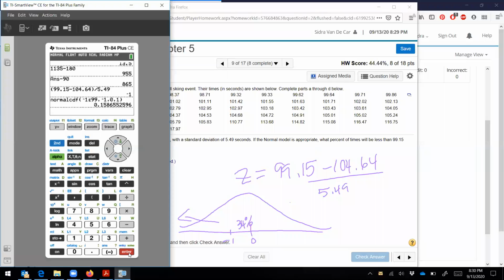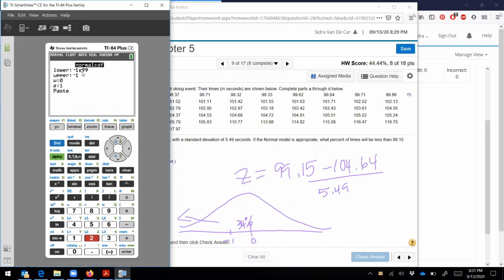Now, instead of 16, it's 15.87%, something like that. All right. Now, the second way I could have done it is second distribution, choose the normal CDF again. But this time I'm going to put in the actual values. So my lower is still -infinity, so I'll leave it like that. But then I want to go to